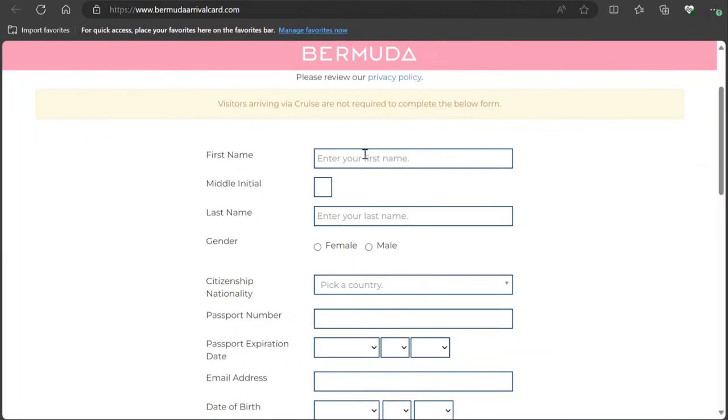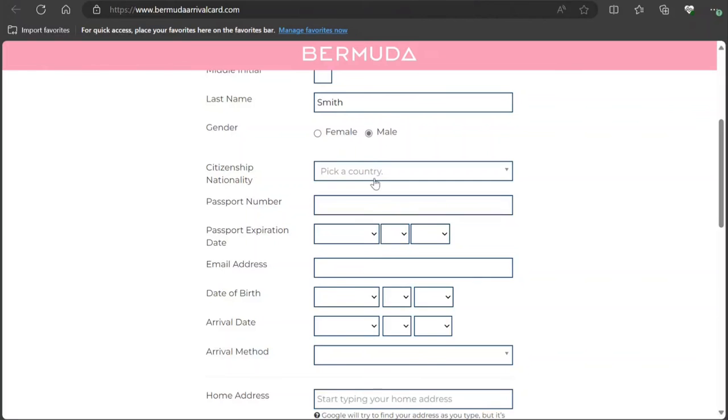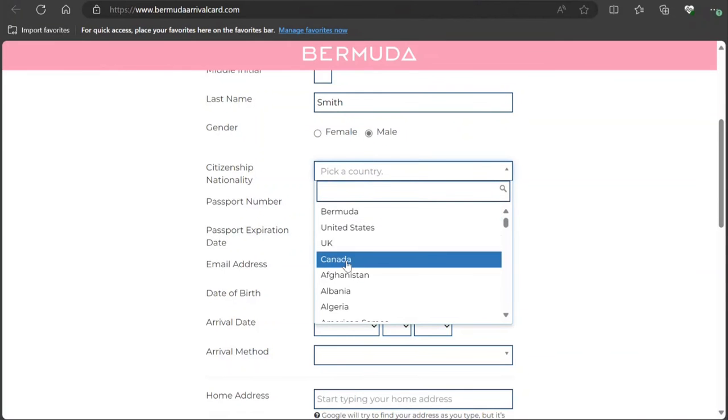So it's very simple. I'm just putting sample data. This is not the real data. Okay, you have to do as per your case. If you have a middle initial, you put it. If you don't have one, don't. Nationality,